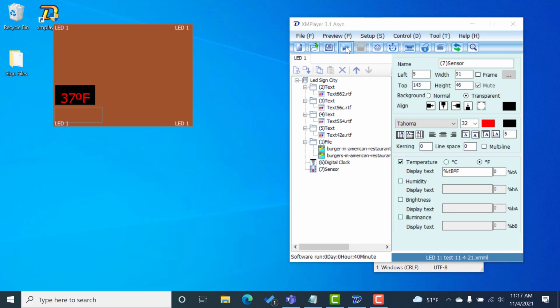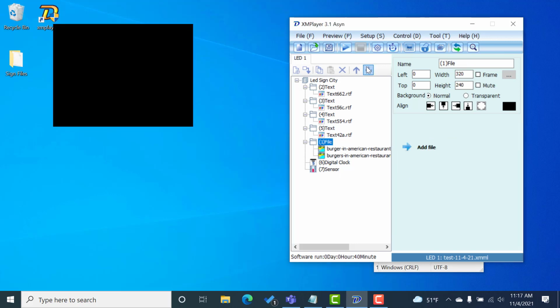All right, so if we do that preview one more time, well, before we do, remember, we've got to organize our files, so we've got to bring that down